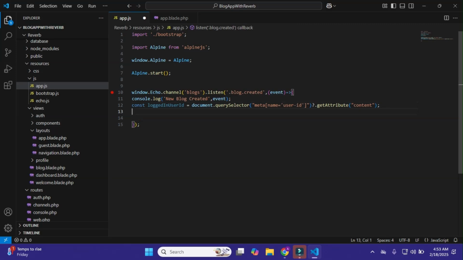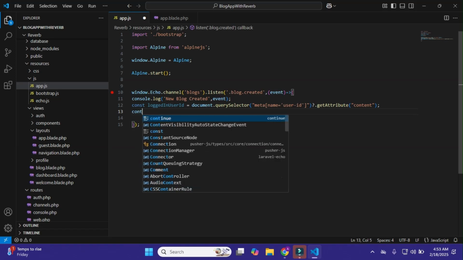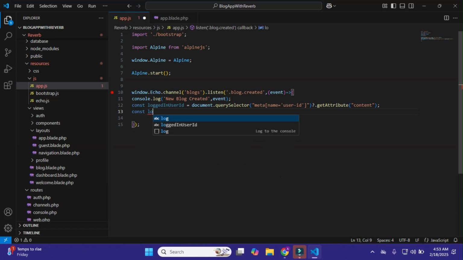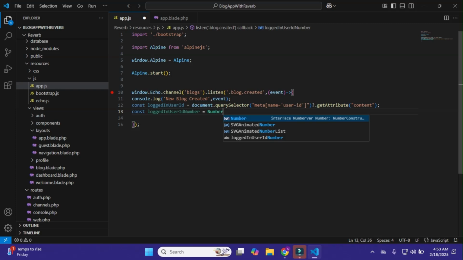And after it I'll just simply make const loggedInUserIdNumber. Okay, and within it I'll just simply pass a Number, and within this Number I'll just simply pass this loggedInUserId. Okay, that's it, and just simply close this.